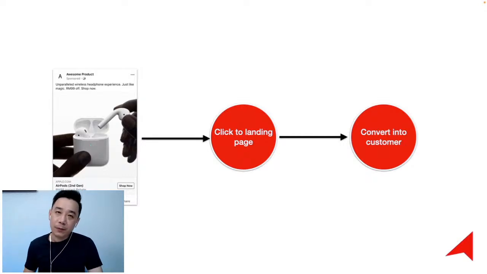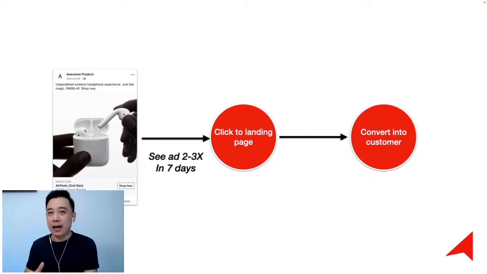First thing first, according to Facebook, a person needs to see your ad about 2 to 3 times in 7 days to realize. It has been like this for a long time. When we go to Facebook, we are not in the mood of consuming advertisement, but we are seeing them anyway. That doesn't mean that we are ready for that. So our mind is set to see things that we are interested in. Friends we follow, brands we follow. I want to see what I should eat for dinner, stuff like that. So I'm not ready to see advertisement, and when you are there, you are an intrusive content. As an intrusive content, usually I will choose to ignore it in the first place. I will have some impression about it, but I will ignore it first. I will not take action.